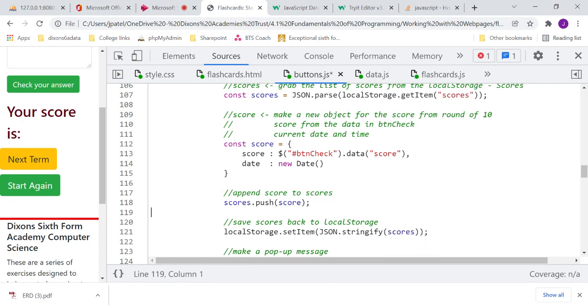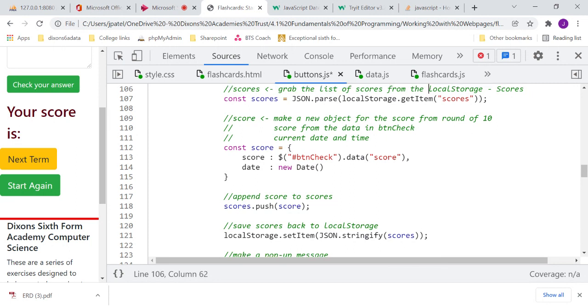Okay, so what that's done, we've grabbed the list of scores, okay, from local storage. We've done get item and got scores, and then we made a new object that we're going to put into the list. We've got the data, the score from the button. Okay, it's been updated into there. Every time we click check, we've been updating it. So that's the score, and this is the date. Okay, we've added the date, and then we push that into the list, and then we set the session storage